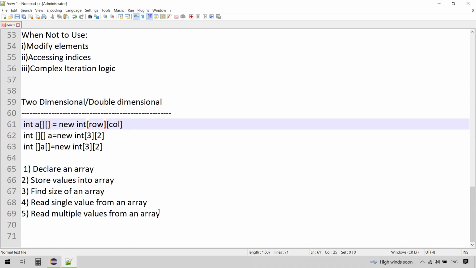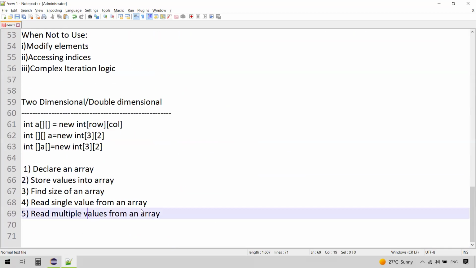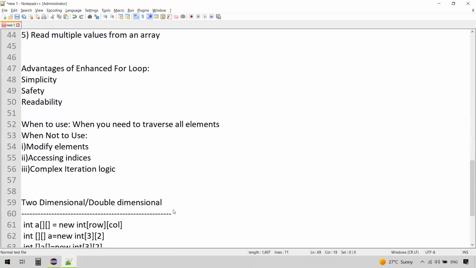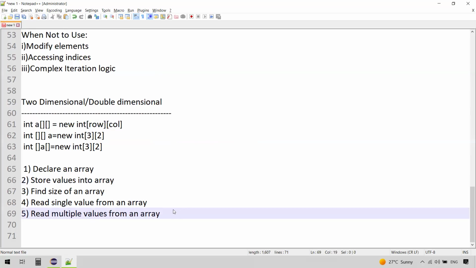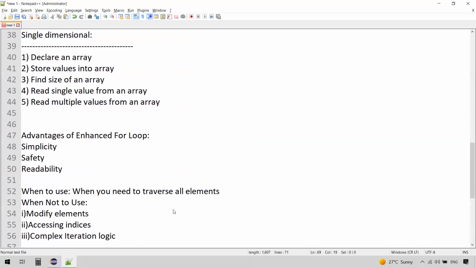And we have seen different operations that we can perform on two-dimensional array. So we saw this comparing with the single-dimensional array. So how to declare, what are the different ways to declare the two-dimensional array, how you can store the values into the two-dimensional array, how to find the size, and how to read the single value, and how we can read the multiple values. Though it seems a bit tricky, it's very simple. It's actually a nested for loop inside another loop. So one loop is used to track the rows, and another for loop is used to track the columns